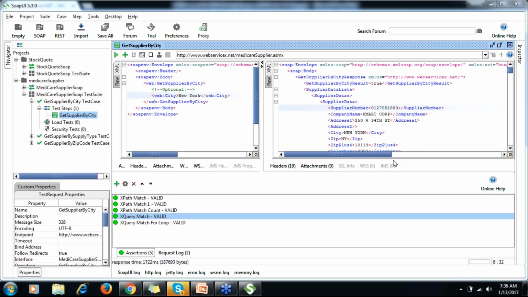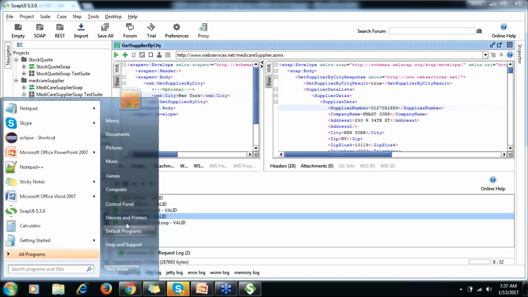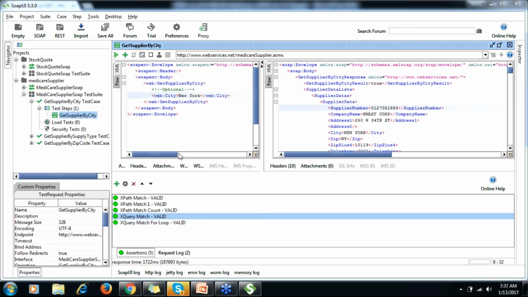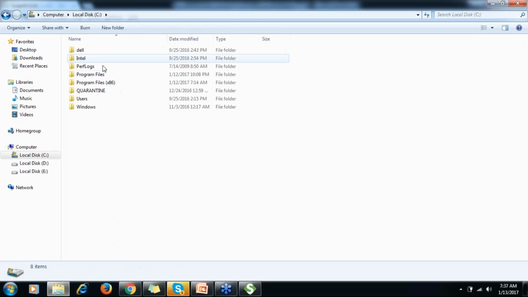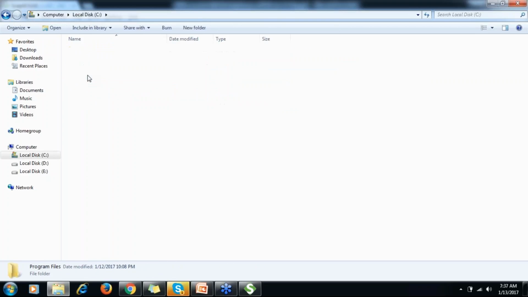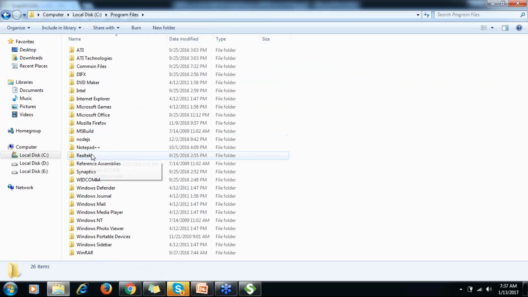Another, better way to do that, if you want to do some coding and programming, is this: go to Program Files.